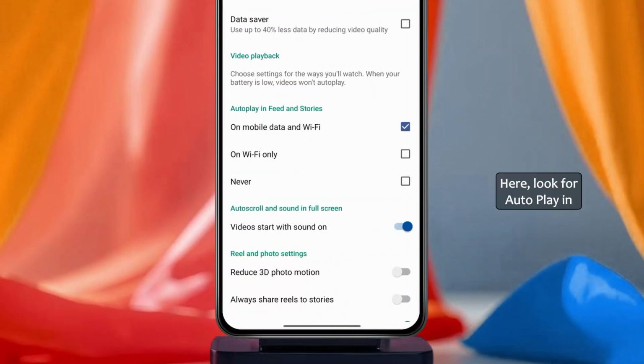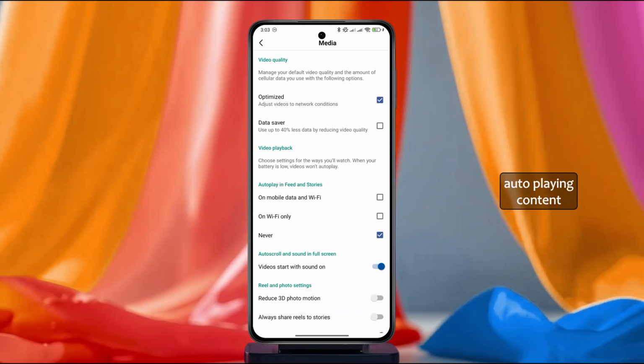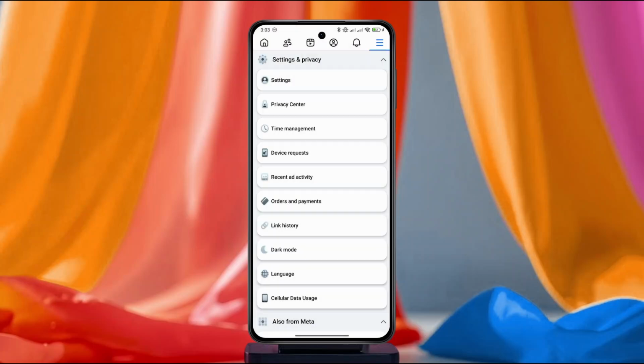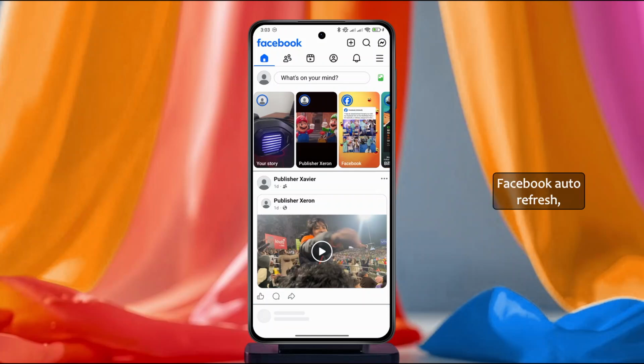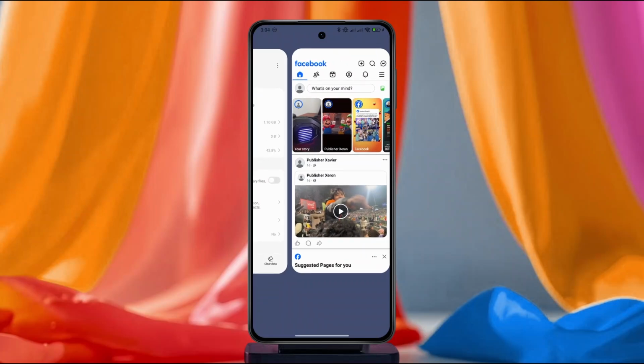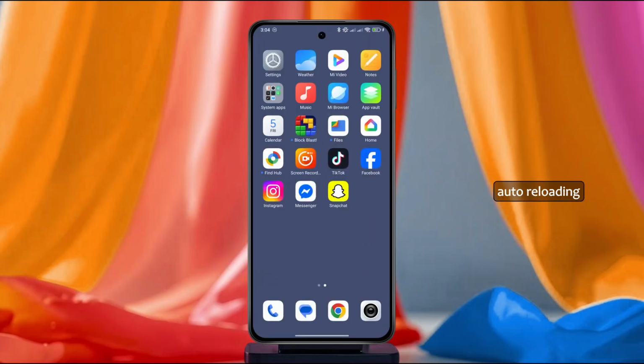Here, look for Autoplay in Feed and Stories and set it to Never. This prevents autoplaying content, which also reduces constant feed reloads. And that's it. Following these steps will help you fix Facebook auto refresh, stop Facebook auto reloading, and give you